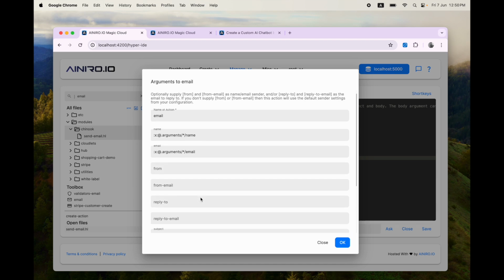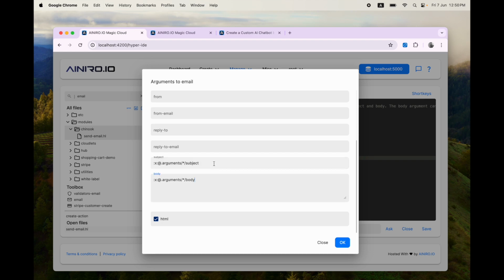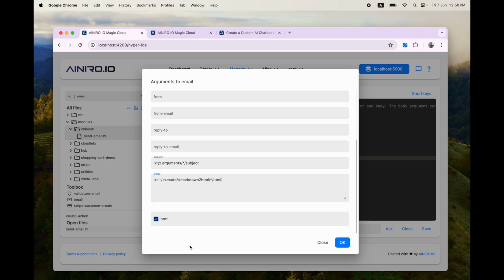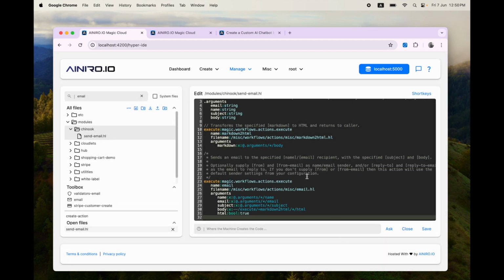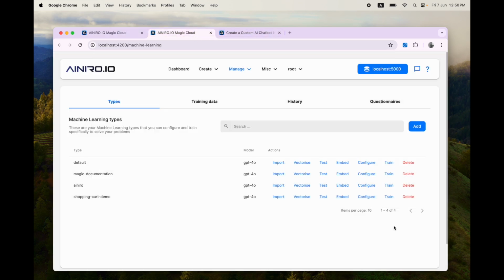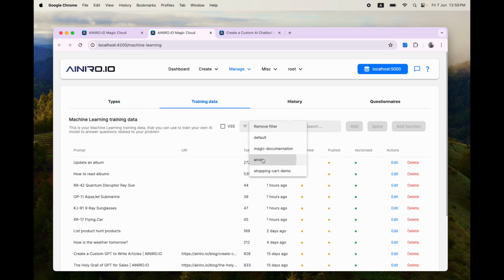And I don't need a reply to argument, and I don't want to change the subject, but I want to change the body. Why? Because I want it to be HTML. And then I want to make sure that the email send invocation is actually sending the email as HTML. And now I can just return result success. Save the file, and now I can copy this guy, go back into here, close, training data, AINIRO,